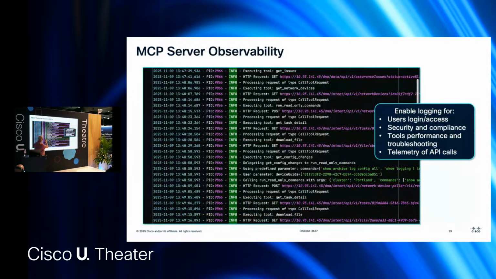Very important. Is this important for you guys? It was for me, but maybe for different reasons. Because we need to know who the users are. Do they have access to the tools? What tools are failing? Do they call the tools that are expected? For troubleshooting, I really needed it when I had issues, because I had issues when I built the MCP servers, and it's very easy to say, oh, this tool failed. Was the right tool called? And also telemetry of all the API calls.